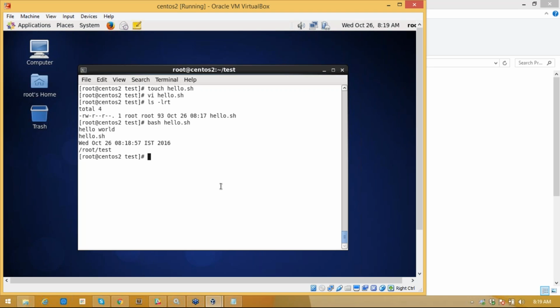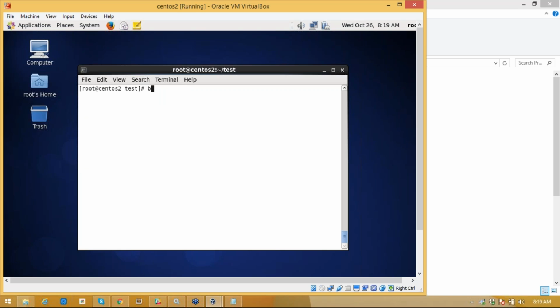Why did root.test come? Because I've given pwd, right? That's why it is printed; you are in root.test. In that way, you can directly say bash. If you have no permissions, you can still execute it directly. Right? You see that, more hello.sh.